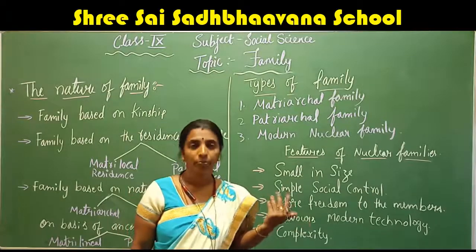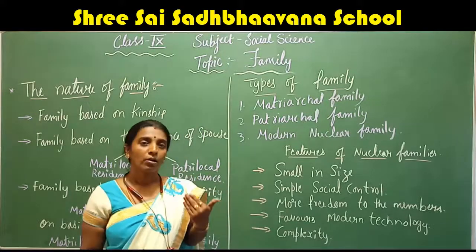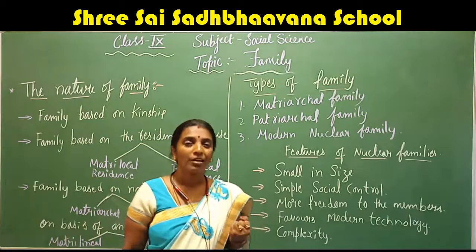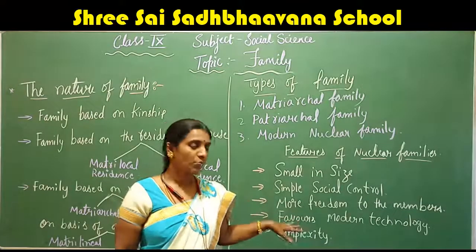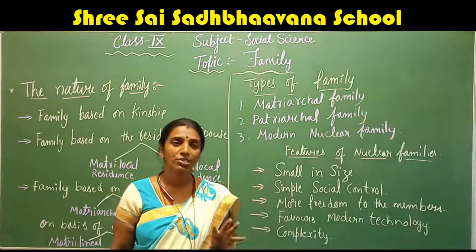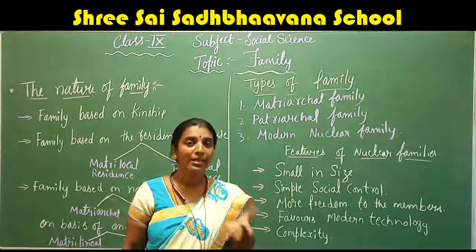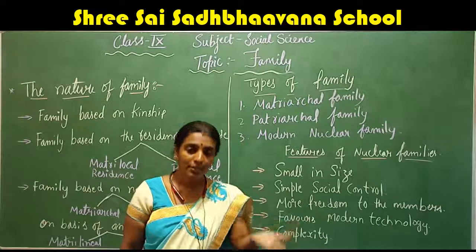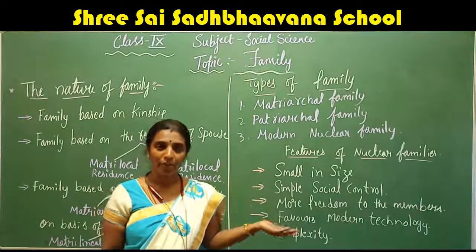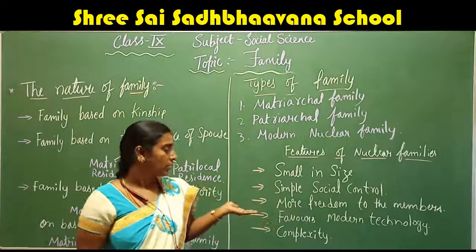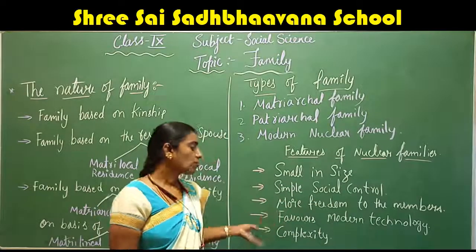And also the earnings, what a family earns, will not be divided with the other members of the family, because there are fewer members. Only parents and their unmarried children will be living in the family. They don't want to lend the earnings to the other members of the family. They only want to take care of themselves, not like grandfather, grandmother and all. So they can also get more, they can use more technology and also complexity.